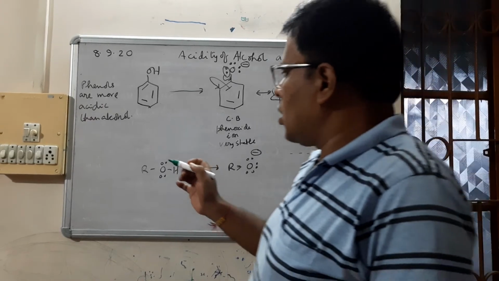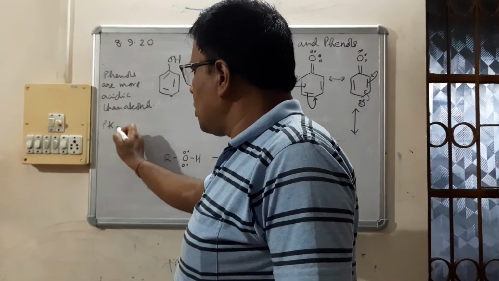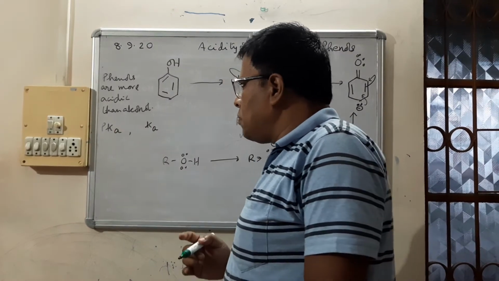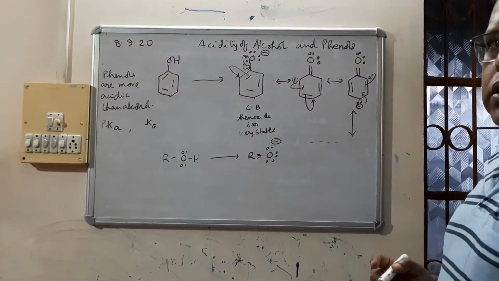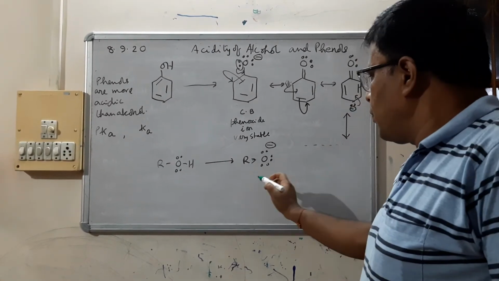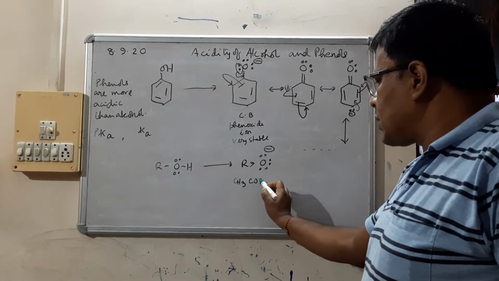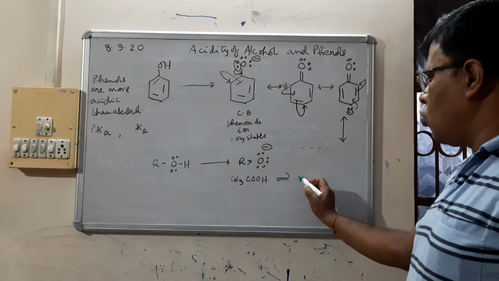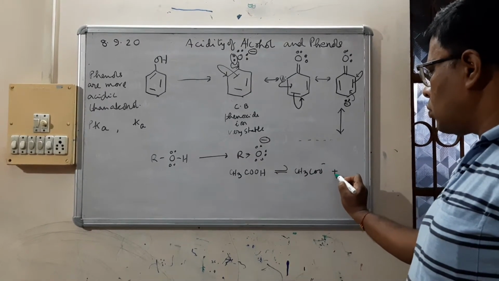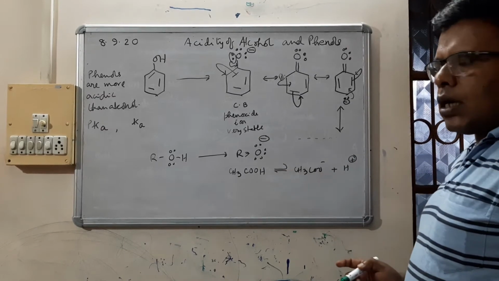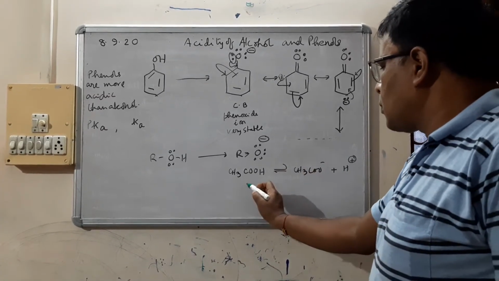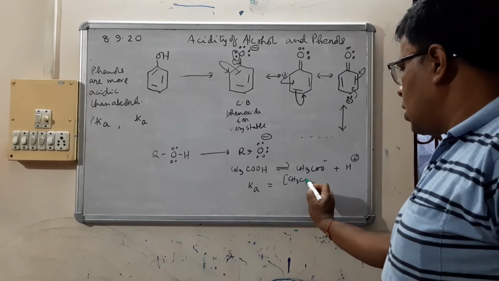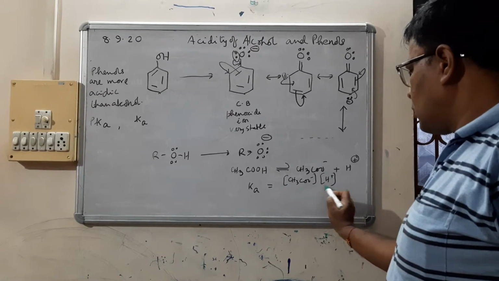Now there is a term, pKa. You have to know there is a term called Ka. So what are these pK and Ka that you have to know? Let us consider a weak organic acid. You all know acetic acid is a weak organic acid. So it will ionize and an equilibrium will be there. So this equilibrium is there, and for the equilibrium constant we can write Ka is equal to the molar concentration of